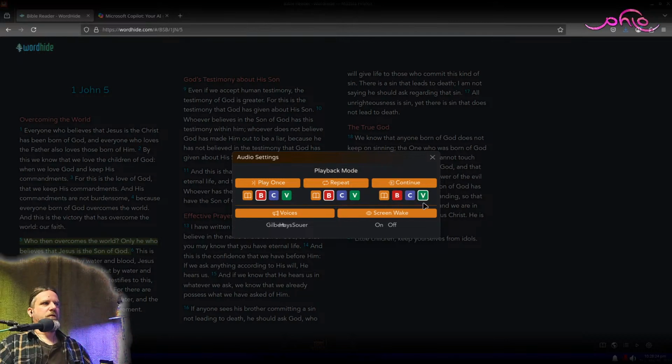So what it would do is, if you have it set to meditative mode on verse, whatever verse is actively playing, it will repeat X number of times. So you'll be able to say how many times it repeats, how long it repeats, how long it pauses between playthroughs. So you could have it play one verse 10 times and then be done. Or if you have it on chapter mode, it would play each verse 10 times until it reaches the end of the chapter.